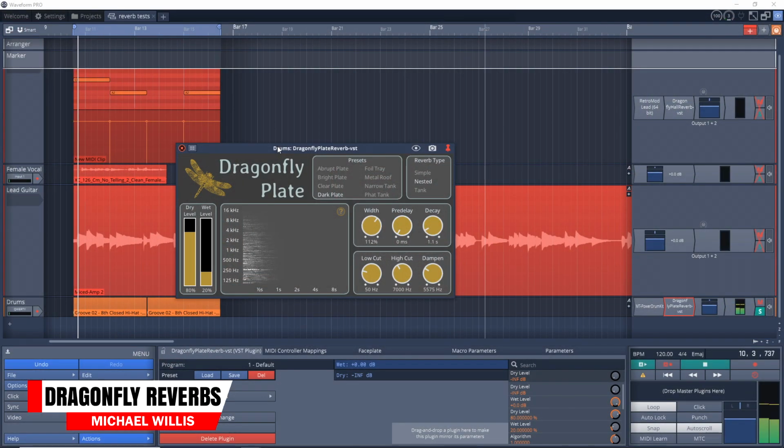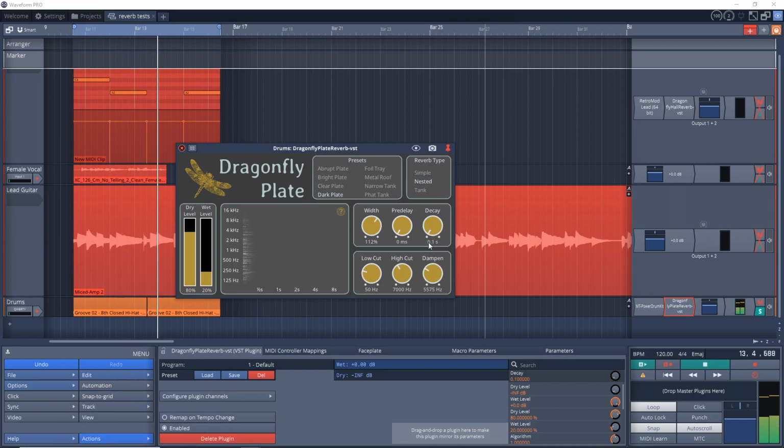The next free reverb is actually a bundle of 4 reverb plugins. These are the Dragonfly reverbs. You get a plugin for plate, room, hall, and early reflection. Now, by splitting them up, it allows you to hyper-focus on the single style of reverb that you want for your sound. You can download this bundle on Linux, Mac, and Windows.